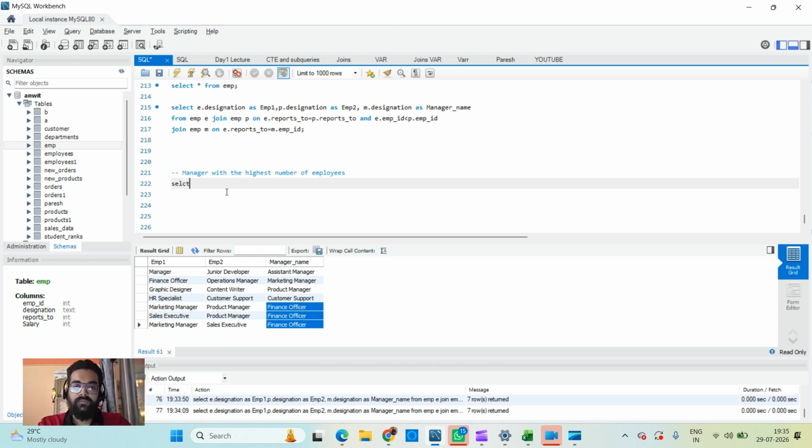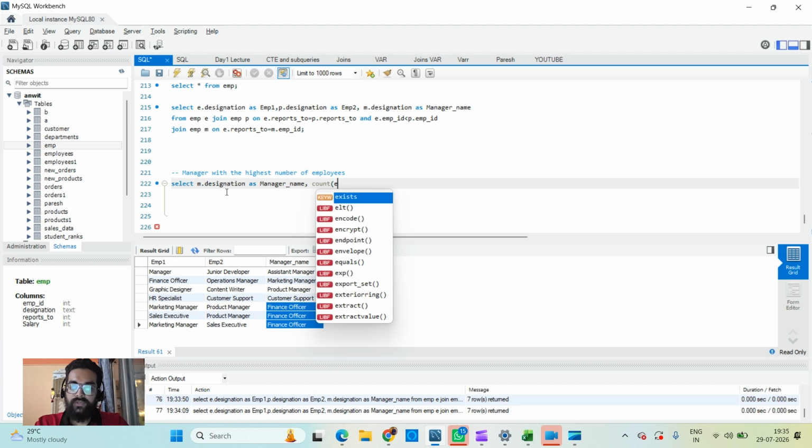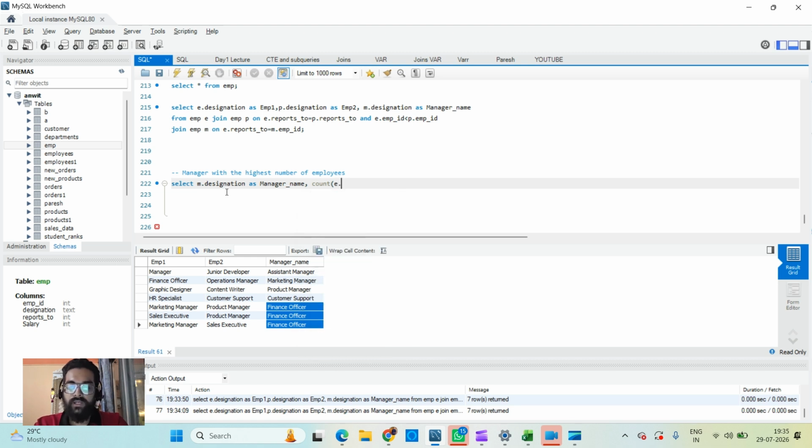We need the name of manager. So again, we'll do a self join. M dot designation as manager name. Now उनके हम लोग को count चाहिए. So we will use a count function and we'll drop e. So दूसरे हम लोग एक टेबल को रेफरेंस देंगे, e dot employee id. We need the count of employee id as reporting underscore count